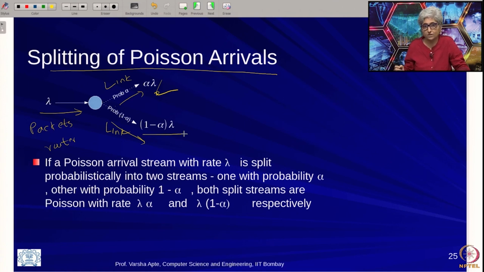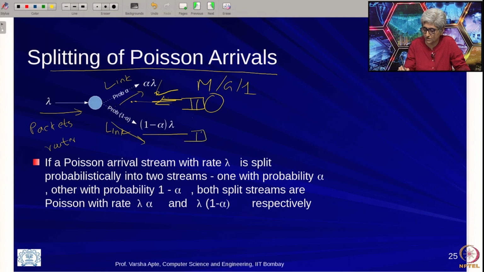Currently you might think what is the use of it, but I can give an example of a straightforward use of it. If we wanted to model this link as a queuing system, then we know that arrivals here are also Poisson. So, if you could assume for this, for example, that this is an infinite buffer single server queuing system, then we could model this as MG1. Even though there has been a split here, we can be confident that this is also an MG1 queue, and here it is the same, this is also MG1.